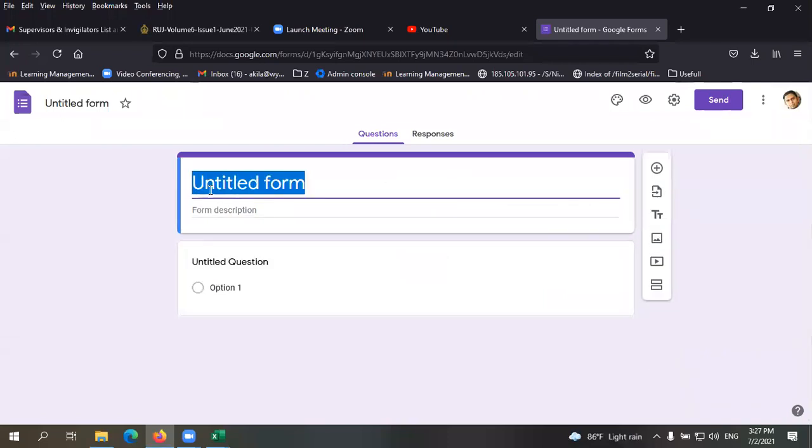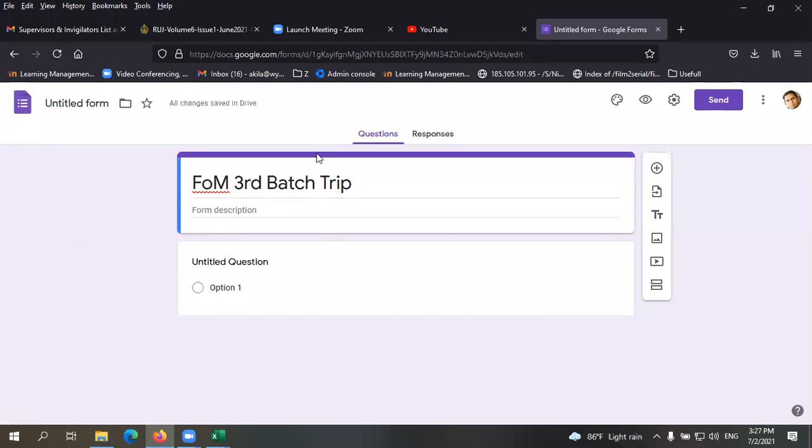Here, first, is the title of the form. So we're going to type a title. Okay, so we're going to have a title like this. Here you can also give a description about the form. You can give the purpose of the form, or request others to fill it in. You can give the viewers of the form a message.